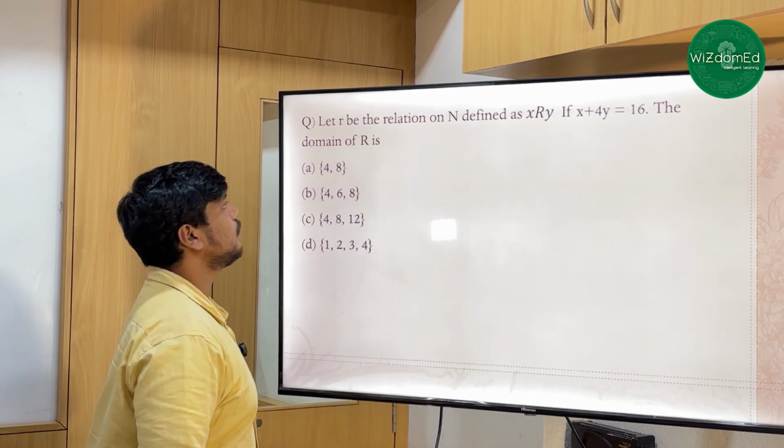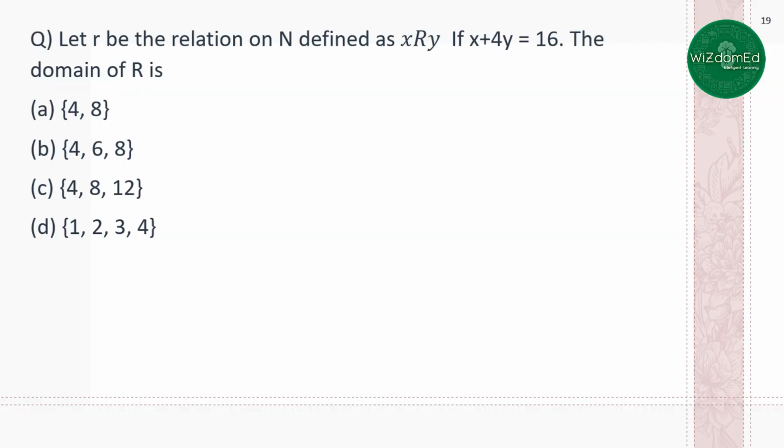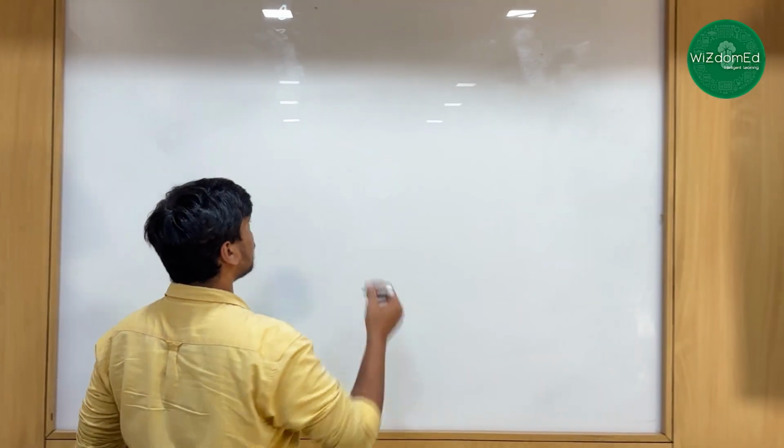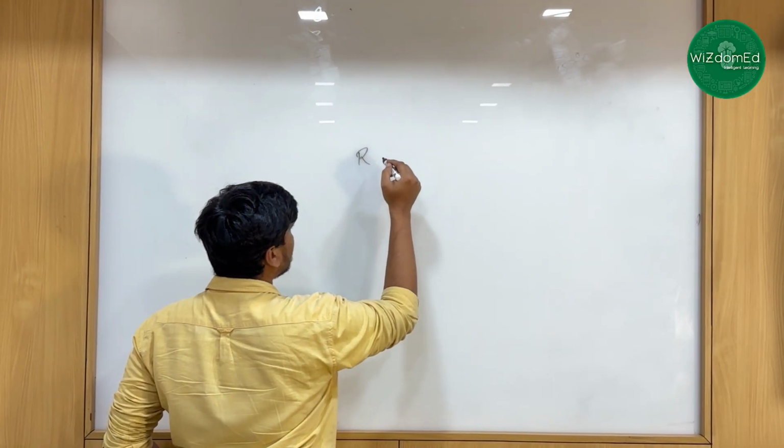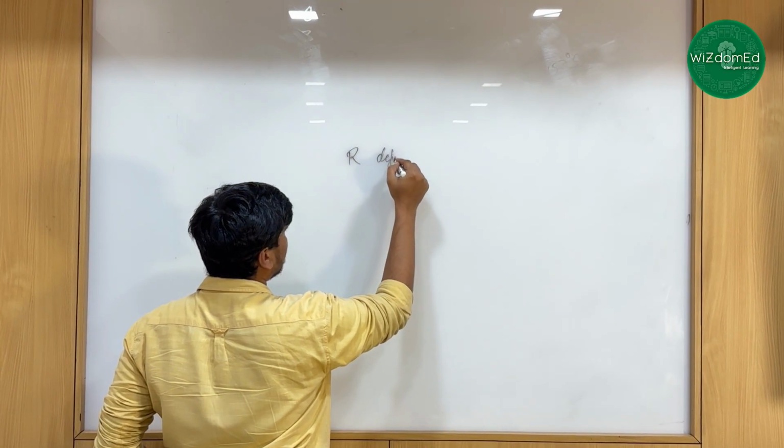In this question, we have a relation R which is defined on N, and the relation is given by the equation x plus 4y is equal to 16. We have to find the domain of the relation. What is the information given to us? That a relation R is defined on N,